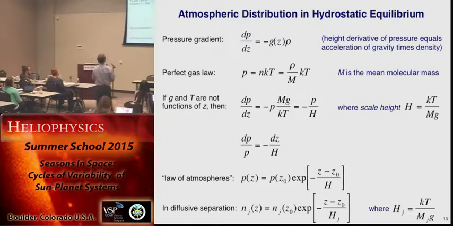So this is then the law of atmosphere: the pressure at altitude z is the pressure at some reference altitude z0, it could be the surface, could be 100 kilometers, times e to the power of negative the change of altitude over the scale height. Now, that's for a fully mixed atmosphere. If the atmosphere is diffusively separating, like I showed you the atomic oxygen floating up and the N2 floating down,